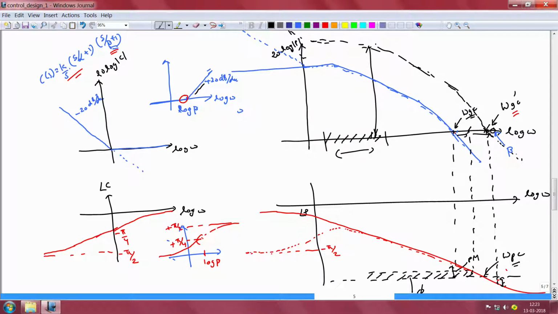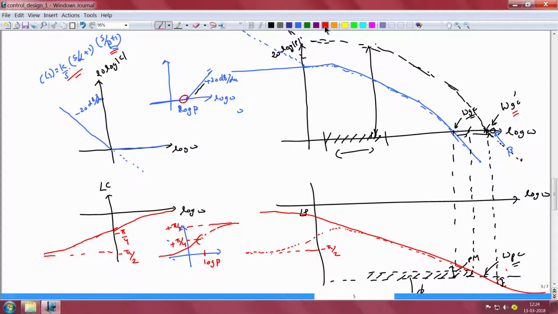It may be a little bit less than what it was for the PI controller cascaded with the plant alone, but that is not of much significance to us because this gain will still be below 0 dB and will therefore not cause any special problems as far as the stability of the closed loop system is concerned. What is truly useful about this term s by beta plus 1 is what it does to the phase characteristics of our open loop system.